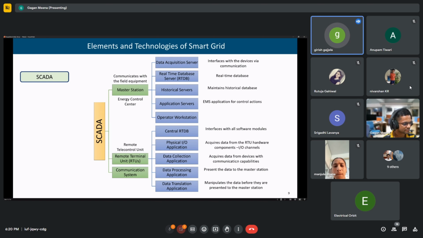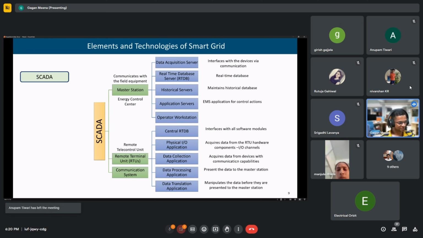Is there a dedicated wired network for collection of data from the RTU to the control center, or wireless communication? PLCC is there, power line carrier communication. Sir, can you explain how the PLCC works between the substations? The same lines that we use for transmitting the power are used for communication also, because the frequency of the communication signal and the frequency of the power signal is different.